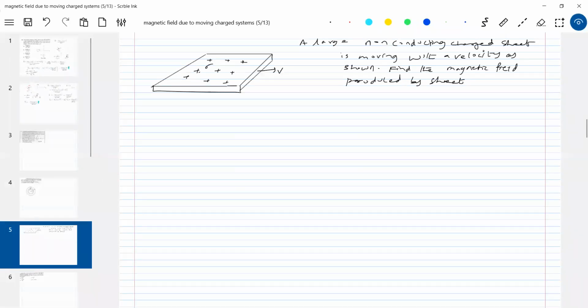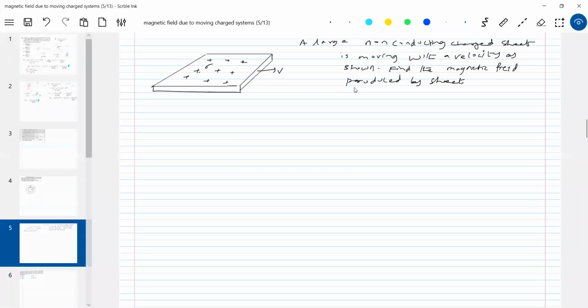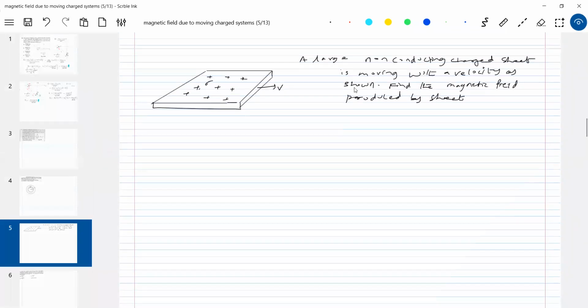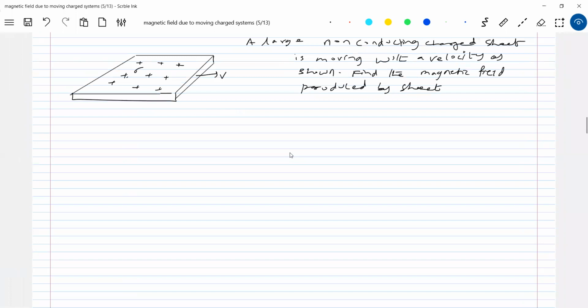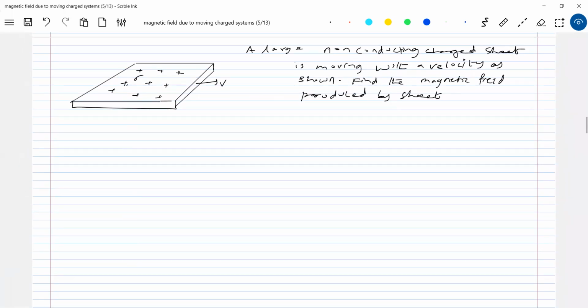Okay, now come to this. After this moving charged particle, I'm bringing a non-conducting charged sheet. It is a charged object. So what is the field produced by this one? When a moving charge produces a field, definitely a non-conducting sheet can also produce one. The charge density is equal to sigma. So we have to determine the field due to this one.